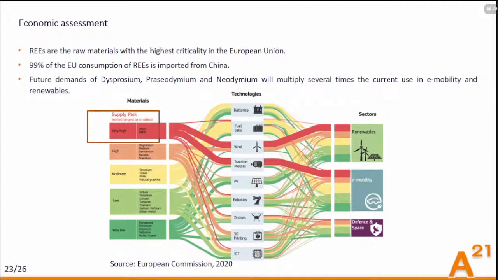And it's estimated that some of these elements will actually even multiply. Well, the demands will multiply. So taking it from the secondary sources such as the fluoride sludge would make much economical sense, just to lower the dependence on the other countries,